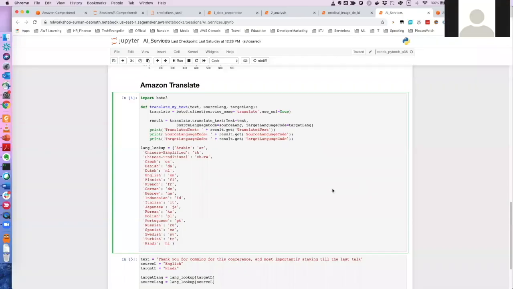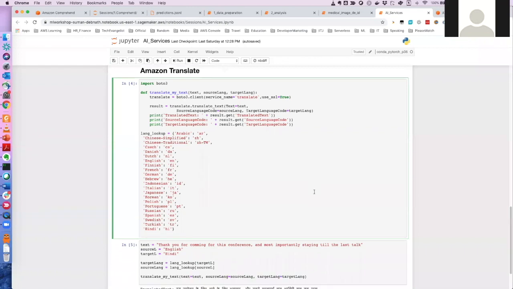Let me quickly show you that. It will not take much time. Okay. Let me see, I actually had that in mind as well to show you. So this is Translate. I will just show you in the code, but the same thing happens in the console UI. Have you shared your screen, Suman? Oh, okay. I'm sorry. I just did not click it. Can you see my screen?